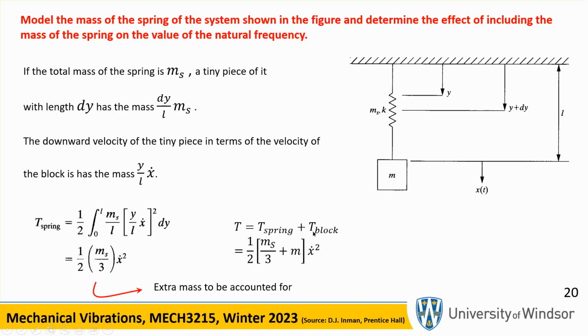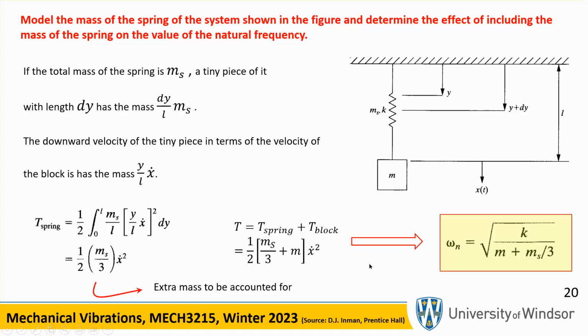So what we're doing, we're adjusting the mass of the system by a third, by adding a third of the mass of the spring to it. So if you look at the natural frequency of vibration of this, if the spring is kind of bulky, then in the denominator you don't have mass, but you have mass over 3. Now remember, this is an approximation. These are first order approximations, which is okay, but you have to be careful when you're using